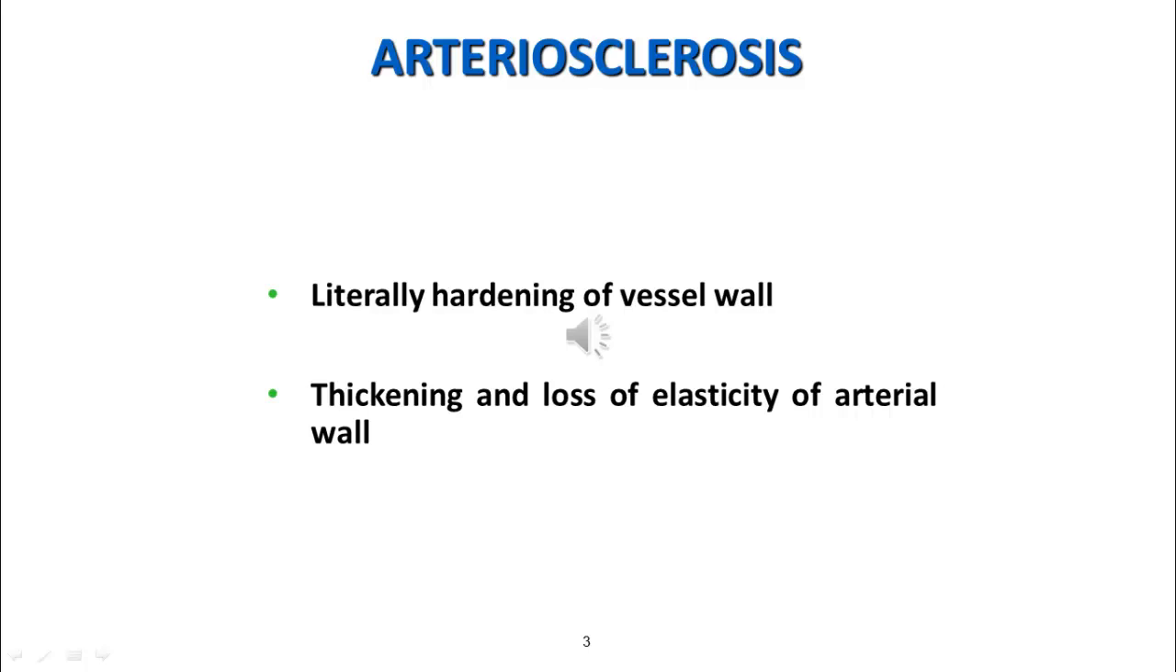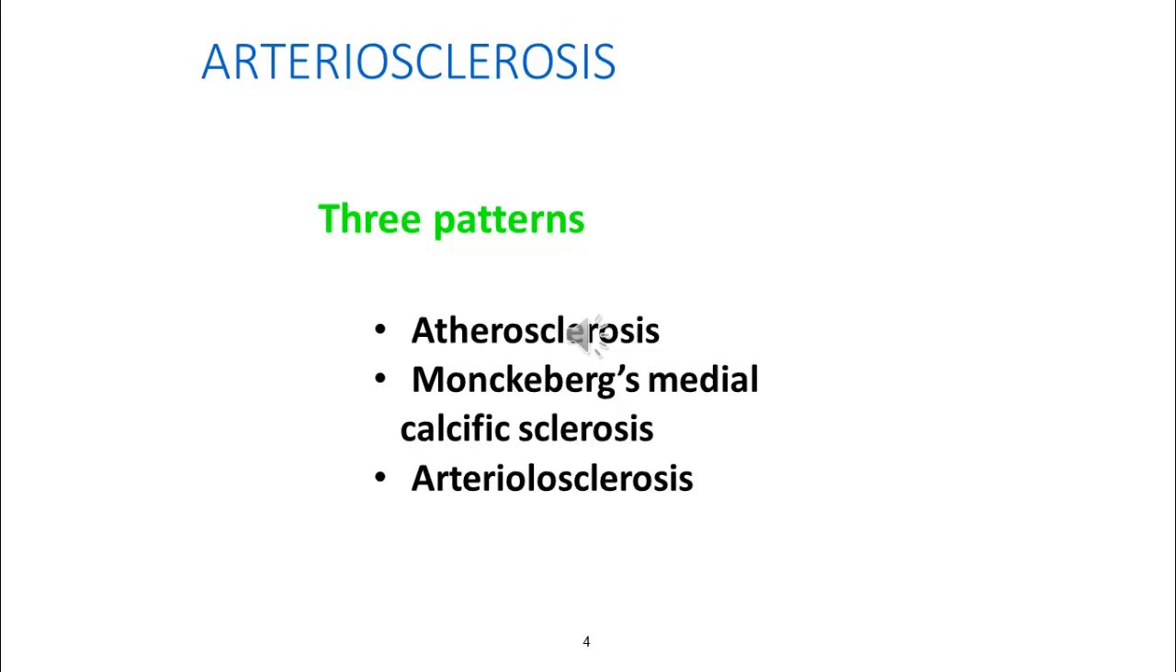So what is arteriosclerosis? Arteriosclerosis means that there is a hardening of the wall of the vessel. So there can be thickening and the loss of the elasticity of the arterial blood vessel wall. It has three patterns. One pattern is atherosclerosis, another is Monckeberg medial calcific sclerosis, and the third one is